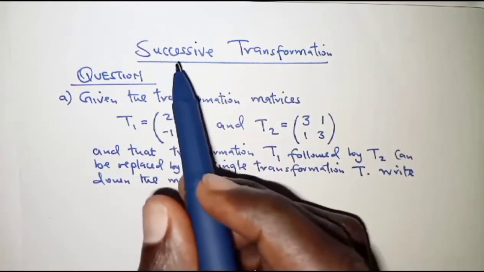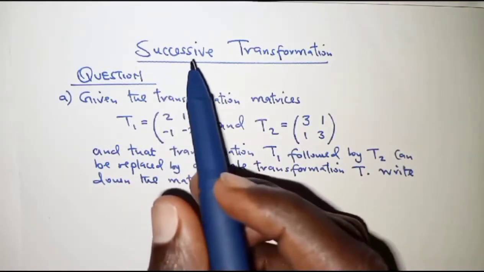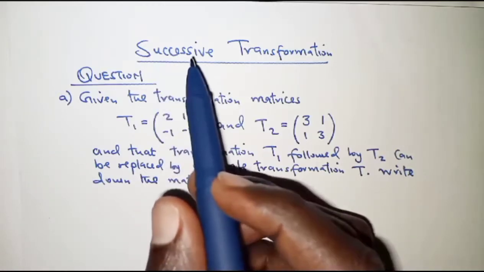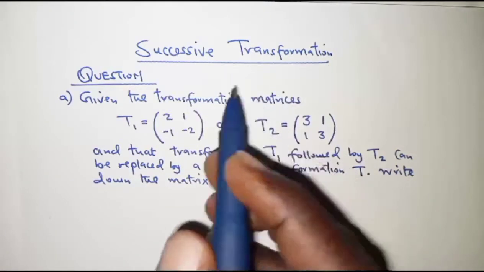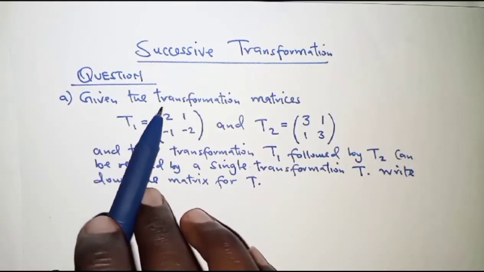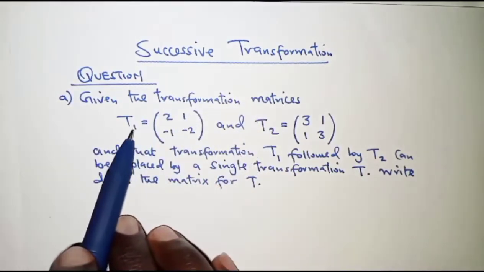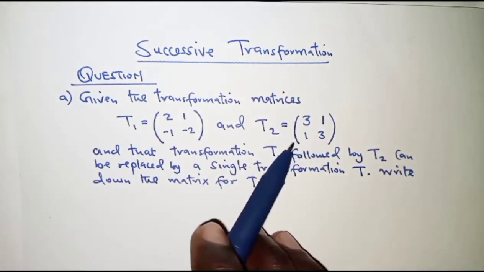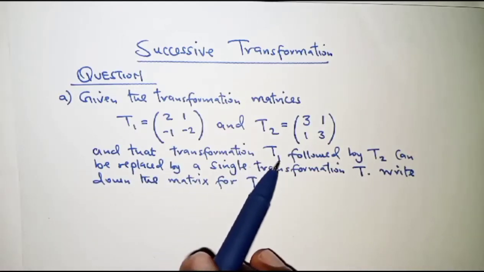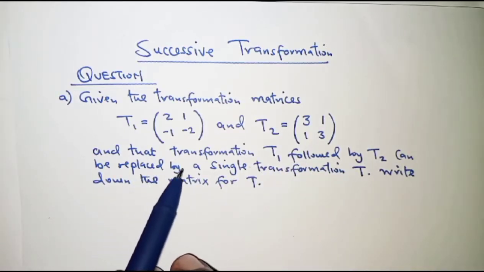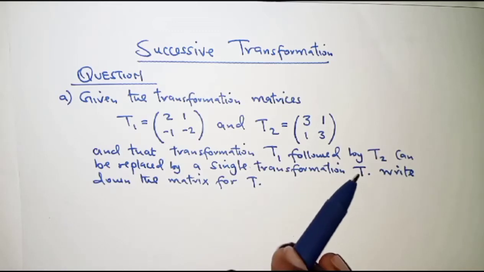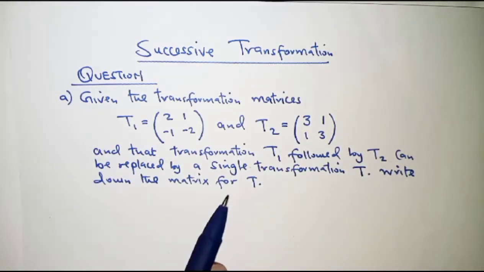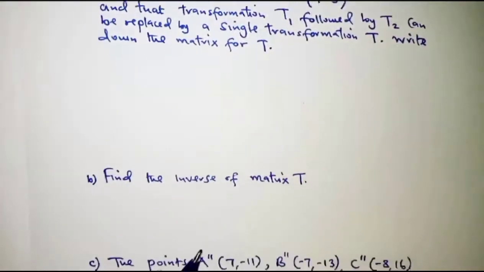Welcome. The topic today is matrices and transformation, and we'll talk about successive transformation. The question reads, given the transformation matrices T1 and T2 as shown, and that the transformation T1 followed by T2 can be replaced by a single transformation T, write down the matrix for T, and then for part B,